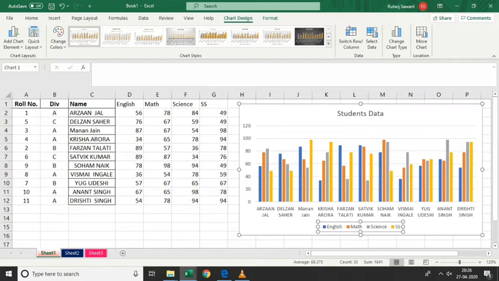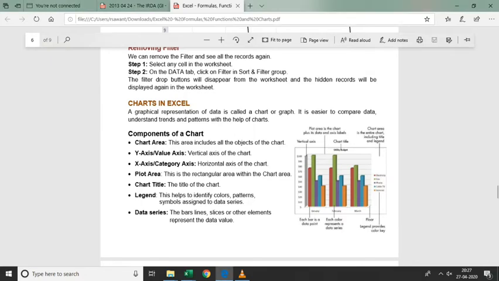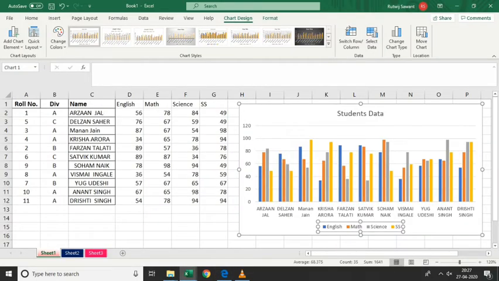The data series is the one which plots everything. Here we have used a column chart, so each of these is called a data series. So that's about the components of the chart.